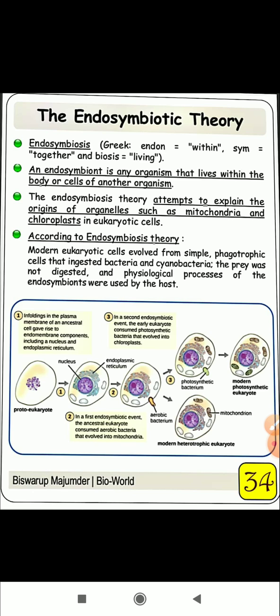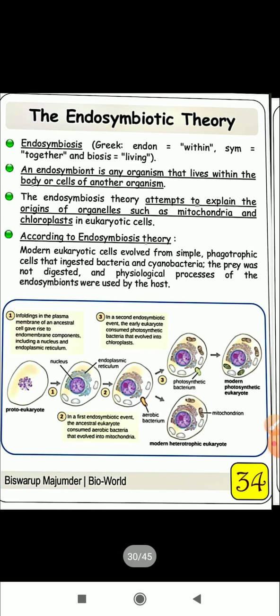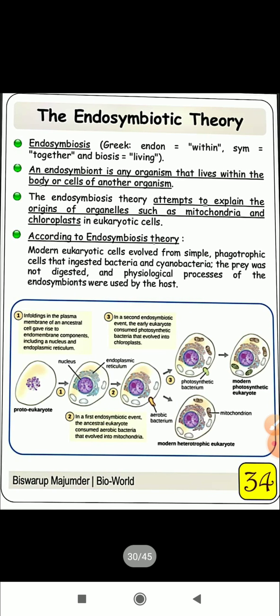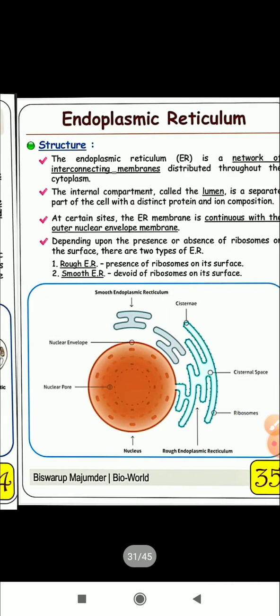We have mitochondria and chloroplast as the two organelles. The modern eukaryotic cells evolved from simple phototrophic cells that ingested bacteria and cyanobacteria, and the prey was not digested, so the physiological processes of the endosymbionts were used by the host. Now we have